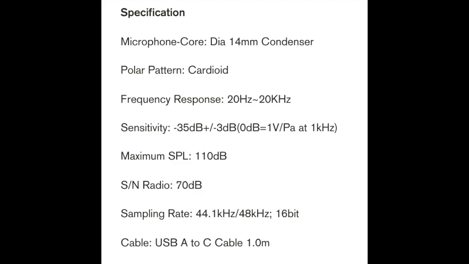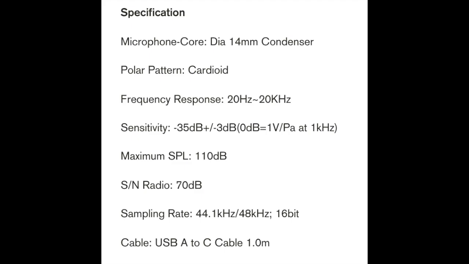So frequency response is in the range of 20 Hz to 20 kHz. So what exactly is the frequency response? Frequency response is the output level or sensitivity of a microphone. And what is the good frequency response for a microphone? A microphone with a frequency response range of around 80 Hz to 15 kHz would be a good choice for a vocal microphone.